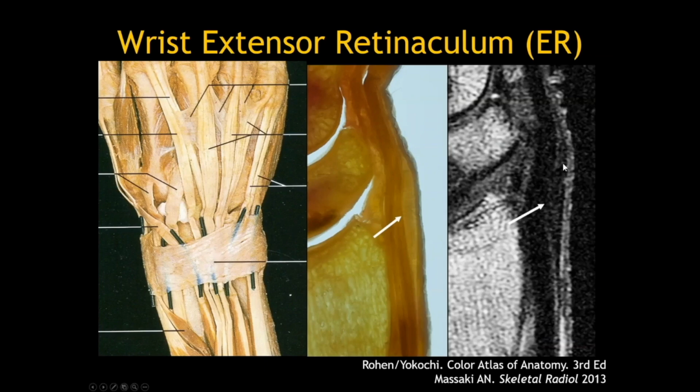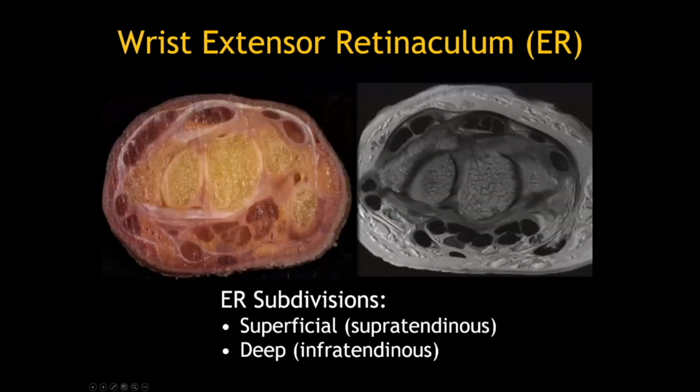Likewise, we can see here on a sagittal corresponding MR image its relationship, its fusiform nature, with the underlying extensor tendons. Here a cadaveric cross-sectional image also shows the extensor retinaculum nicely, the fibrous white tissue representing the collagen fibers, and you can see that there are portions of the extensor retinaculum which are formed deep to the extensor compartments. These are referred to as the infratendinous retinaculum, whereas the more superficial components are referred to